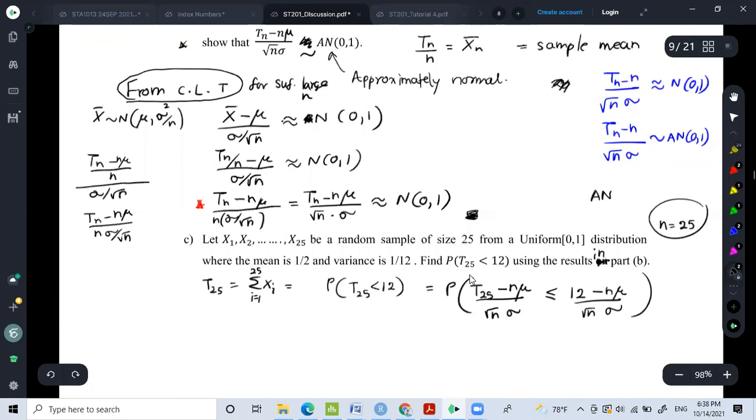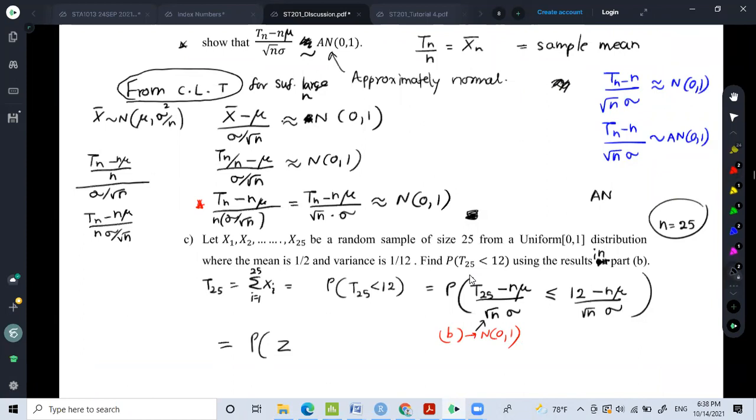You have to do this. Now what will happen to this left hand quantity? We know it is normal, so you can write Z here. Why? We know from part B that this is approximately normal. So instead of this whole thing, you can just write Z, because it is the notation for standard normal